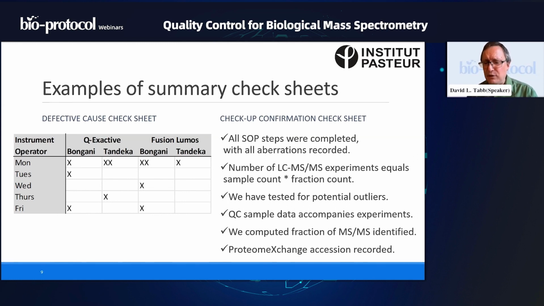Quality control sample data accompanies experiments. This is kind of a controversial thing. A lot of time, a proteomics facility will perform checks of the instrument with a digest of bovine serum albumin or with HeLa or yeast or something like that. And frequently, they don't include those data when they pass you the data for your experiment. You as a user might be interested in those though. So we should at least let the user know that these files exist if they're interested in seeing them.